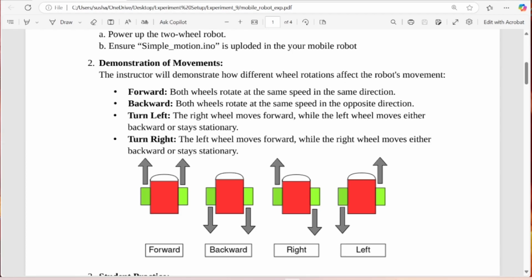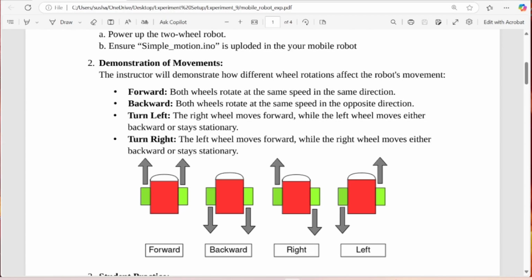Essentially there are 2 wheels driven by 2 DC motors, which are driven by a power amplifier and then the Arduino microcontroller. By giving different velocities to the 2 wheels, the robot can move in different directions. For example, the figure shown on the extreme left is to go forward. If both the velocities are in the forward direction, it will go forward. If both are in the backward direction, it will go back. If the left velocity is forward and the right velocity is towards the rear, then it will rotate about a point.